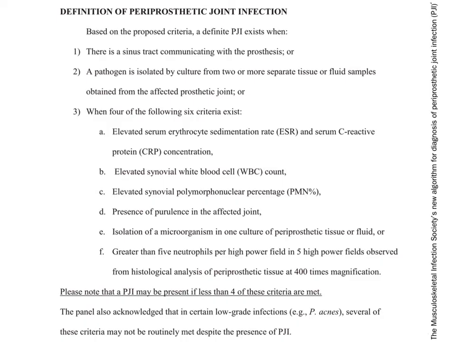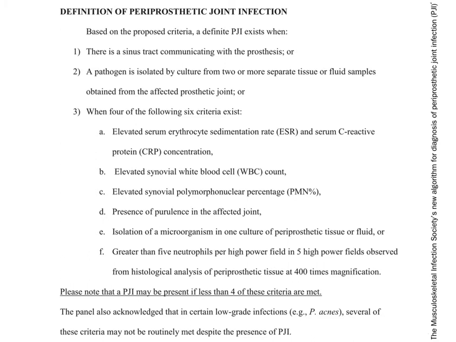The Musculoskeletal Infection Society has put out a definition for periprosthetic infection, and it says that based on these criteria, a PJI exists when, number one, there is any sinus tract communicating with the prosthesis, or if there is a pathogen which is isolated by culture from two or more separate tissue or fluid samples